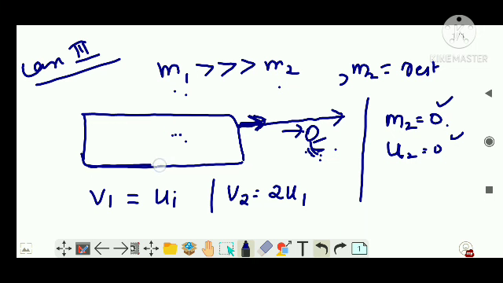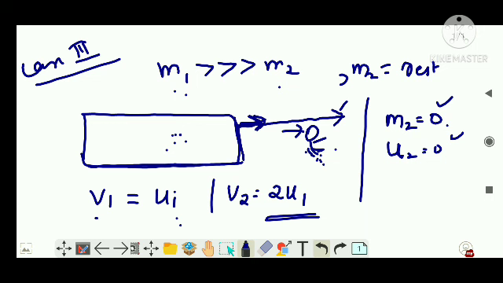So when the lorry is moving with a velocity, let's say u1, it collides with you who have been at rest, then the lorry doesn't change its velocity, it moves on at its own velocity, right? Now what happens to you? You will be thrown off, right? You will be thrown with double the velocity of the lorry. That's what happens during an accident, right? You will be thrown off like anything, like a potato sack, and you will be thrown out with double the velocity of the lorry. That is how accidents happen.